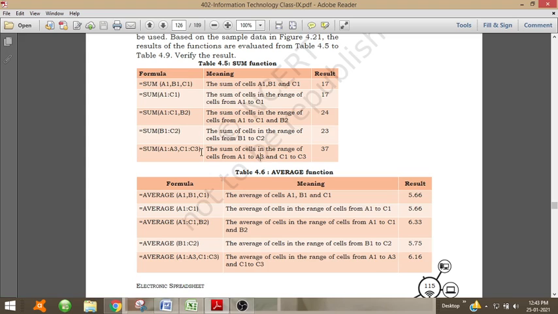Then we can add cells from B1 to C2, all the cells from B1 to C2. Then the sum of cells in the range of cells from A1 to A3 and C1 to C3. Let us see how we can do it.